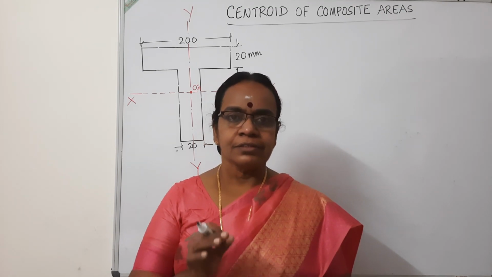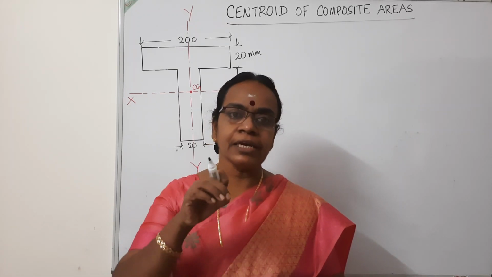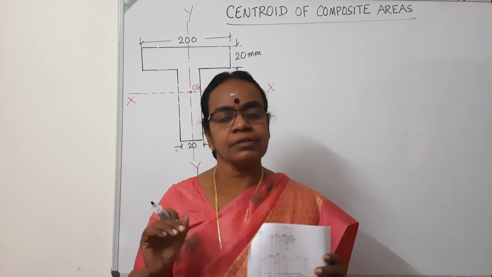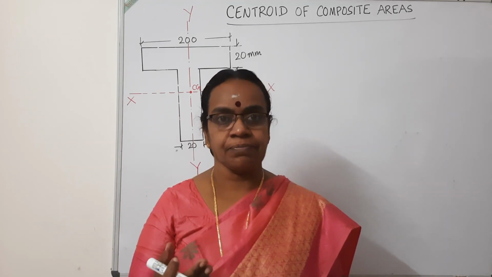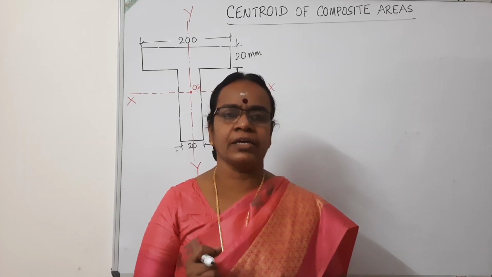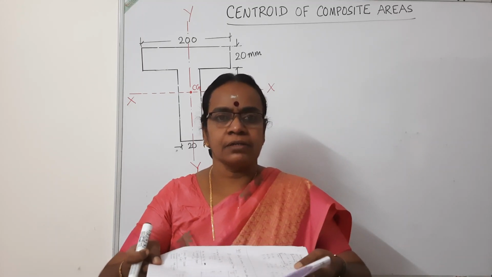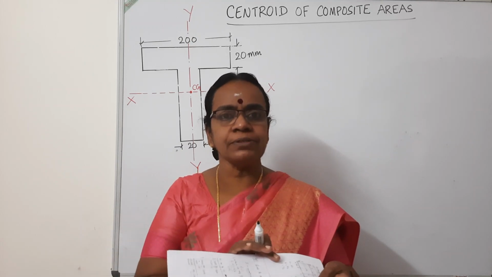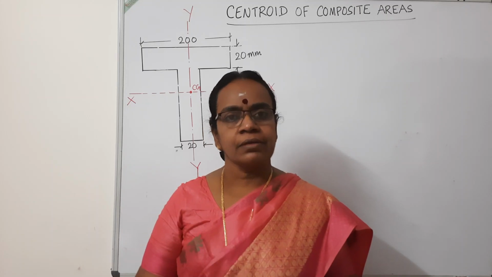Centroid is the particular point of a plane figure or a plane area where the entire area is assumed to be concentrated. In the case of a mass, we call it as the point where the entire mass is concentrated, the center of gravity. When it comes to 2D, that is a plane area like a rectangle, a triangle, a circle, etc. A plane figure, say like this paper. This is a plane figure. The thickness is not much. So for plane figures, two-dimensional figures, the point where the entire area is concentrated is called centroid.